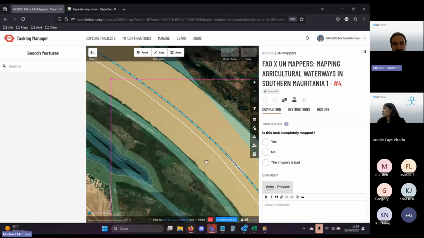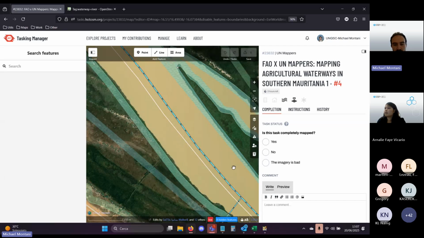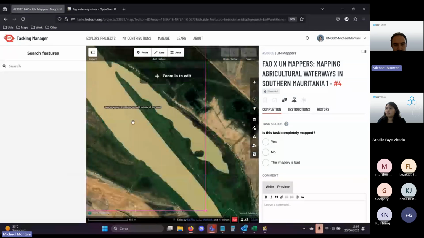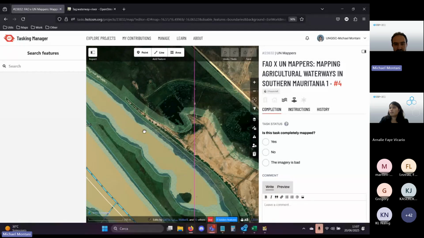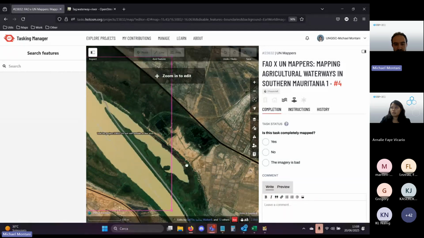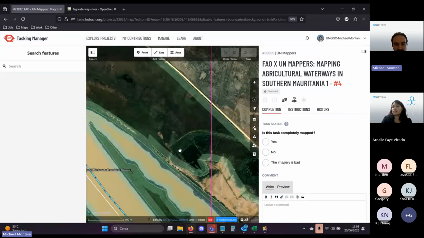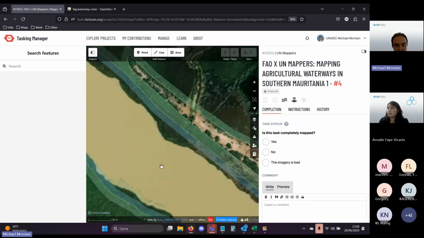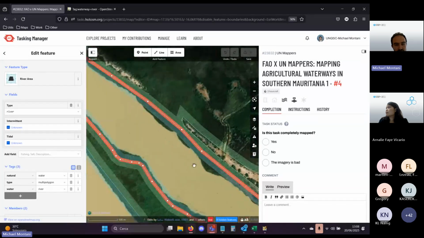And you see, in this case, I have the Senegal River that is here. I typically do not modify this one because, as Martin was saying, it's also a border. So we are just not interested in modifying it. But I can see, for example, the first canal that is here. You see, this canal is connecting this river area. I can see that this is the bed of the Senegal River.